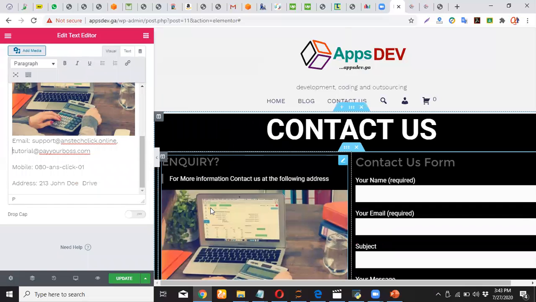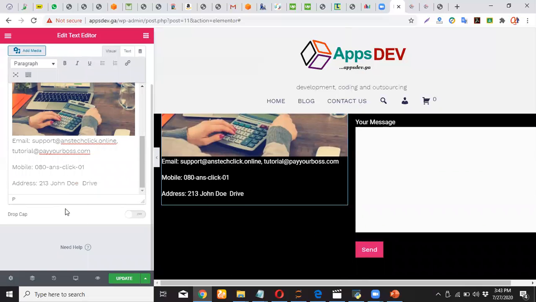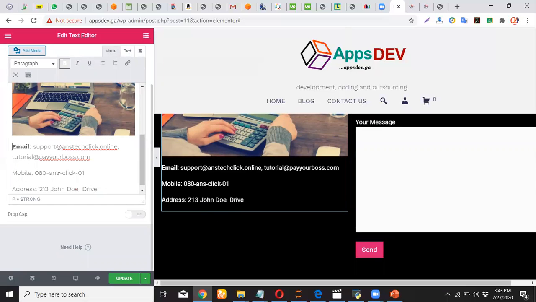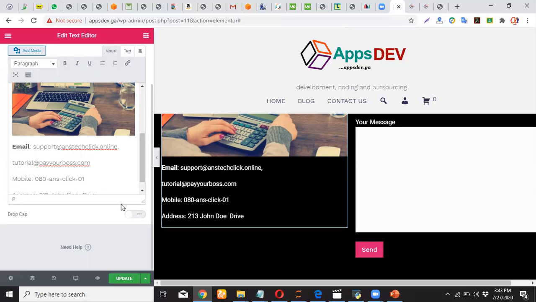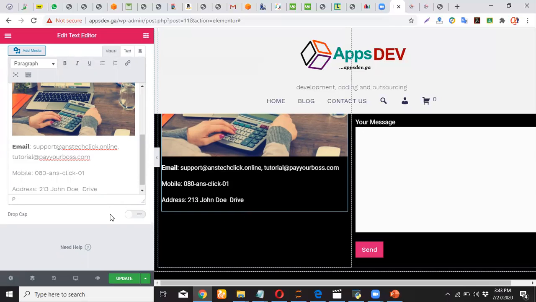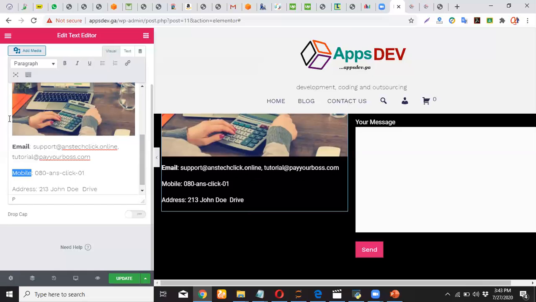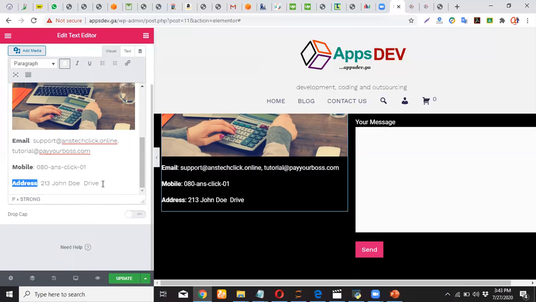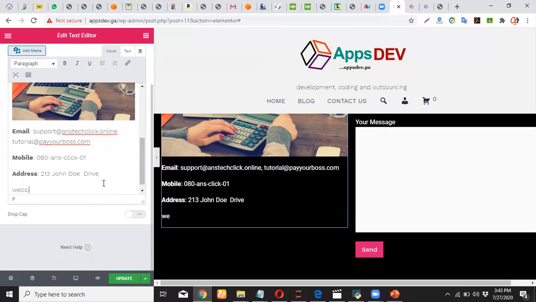We just want to make sure that we utilize our work and to make sure that they are not later together. Okay, that is the basic reason why we are doing all this. So let's have tutorial pay your boss on the next line. Okay, I think it could go there. Let's bold the mobile, the address. Okay, then the website. Our website,